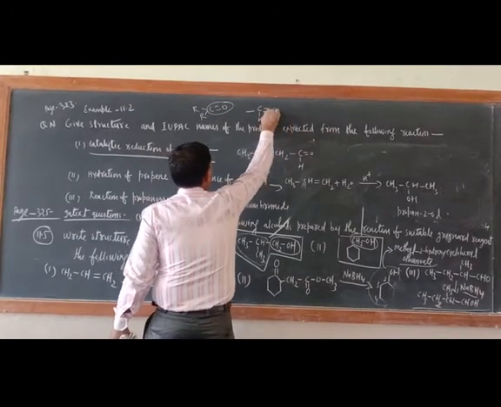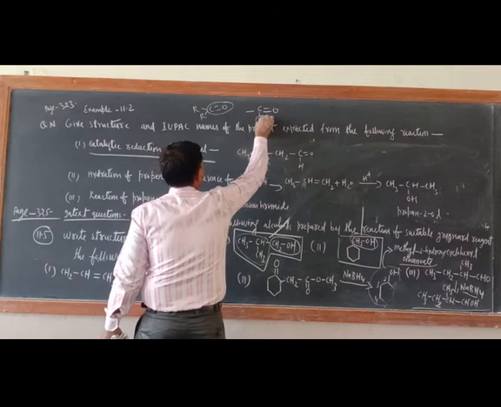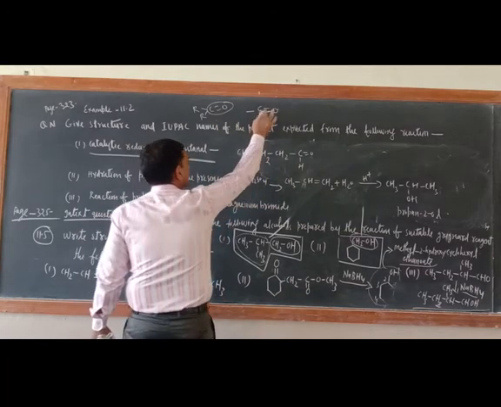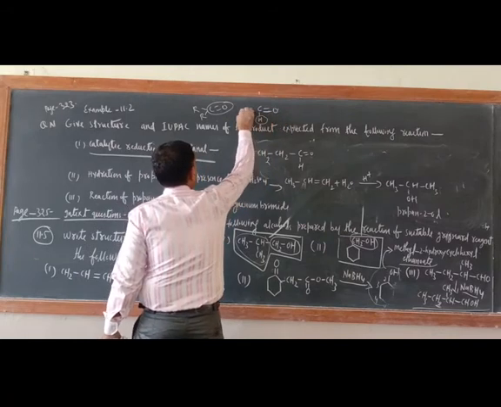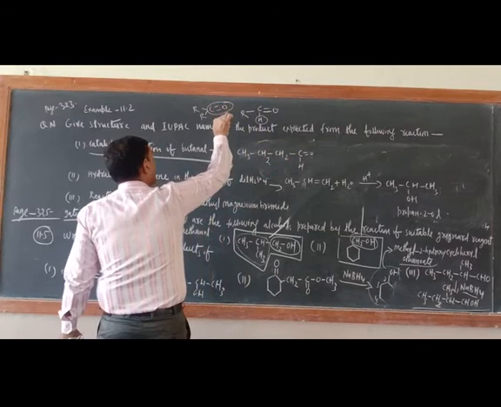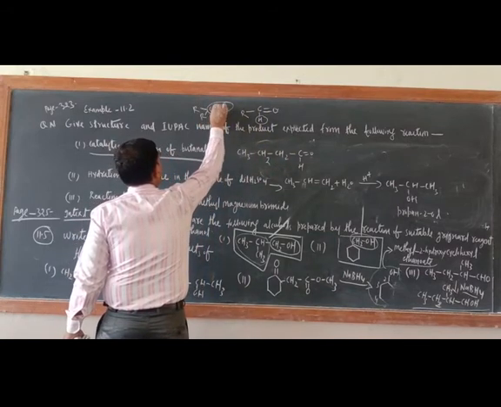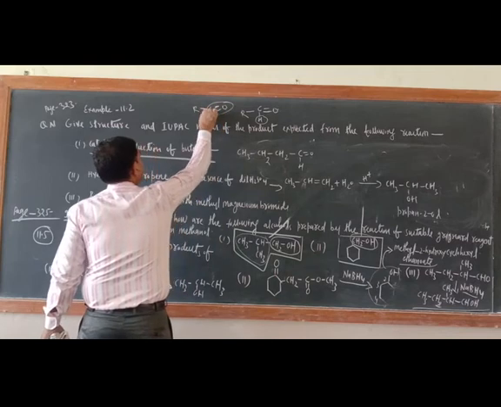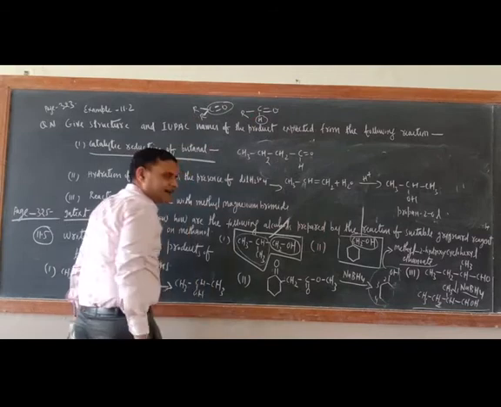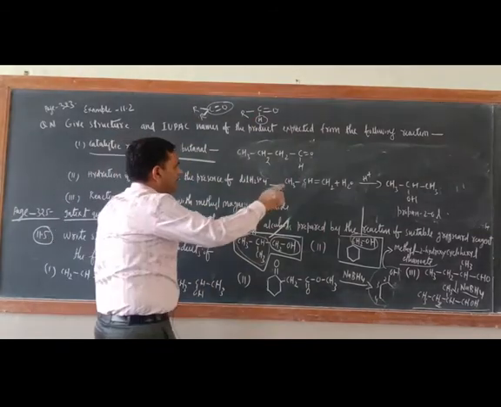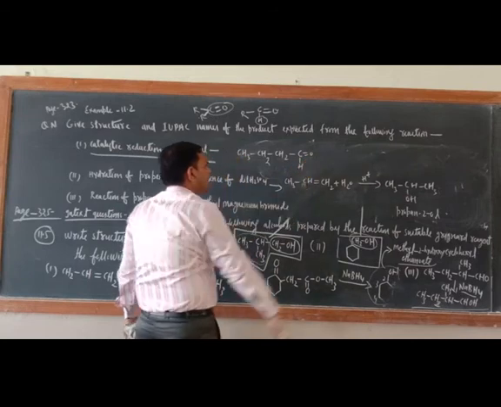In aldehydic carbonyl carbon, one valency must be fulfilled by H. Okay, carbon has 4 valencies, 2 valencies are fulfilled by oxygen, 1 valency by H, another 1 valency by R. In ketone, the remaining 2 valencies are fulfilled by oxygen, and the remaining 2 must be fulfilled by alkyl groups only. So that is the difference between aldehydic and ketonic carbonyl carbon. Okay, so this is the aldehydic carbonyl carbon, H is there, very easily you have identified.